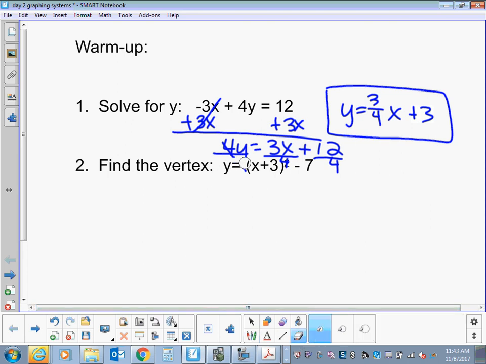For find the vertex, you just look at the number to the right of the vertex and then the negative and then on the end. For your vertex, I need opposite h, my k stays the same. This is h, this is k. It's already in vertex form, so